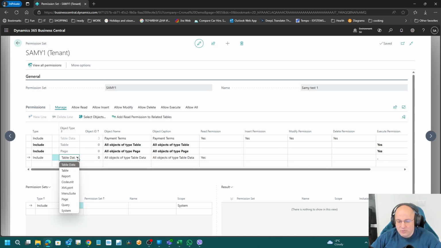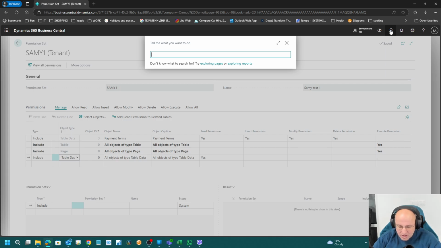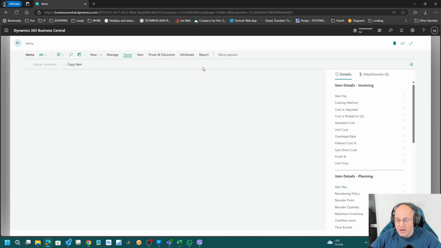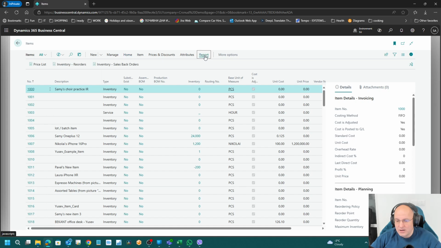Then the next object we're going to talk about is reports. So they're kind of like pages. They're a way to visualize data. And most of the time it's a way to visualize it so you can print it. So most of the time when we're talking about reports, those will be anything that you can run and has some kind of